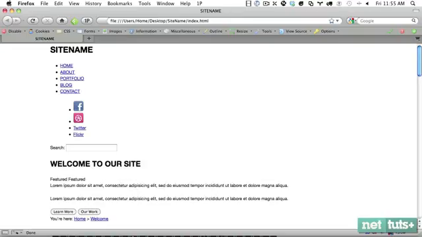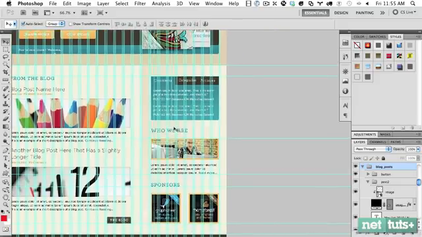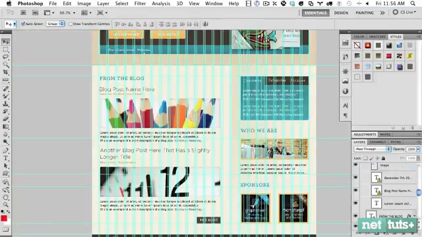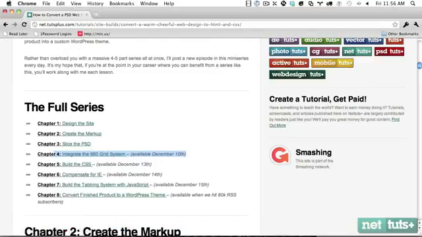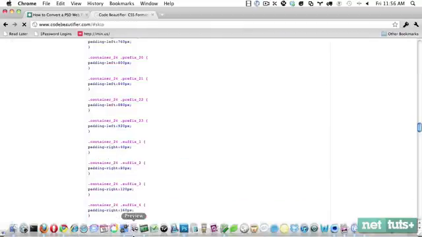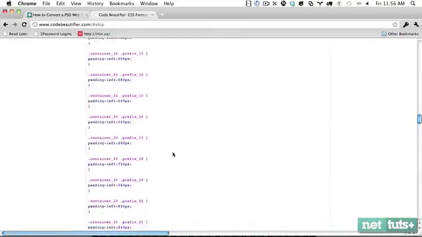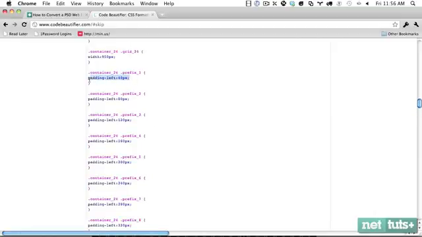All right, and then let's go back to the aside. And that one, we have a separator, so we need to be careful about that. And this is where we can take advantage of one of the prefix classes that I went over. So let's count this anyways. We have 1, 2, 3, 4, 5, 6, 7, 8, 9. So we're going to use the prefix 1 class. So if we come back, let me see if I can find our code beautifier. And if we go to prefix 1, what that will do is it'll simply apply padding left to give it